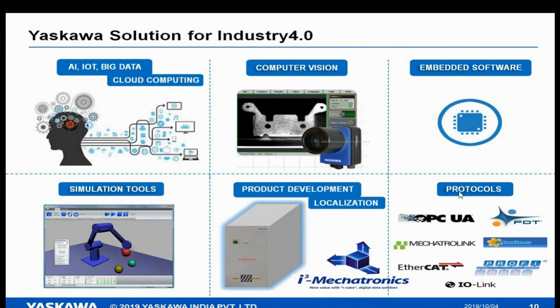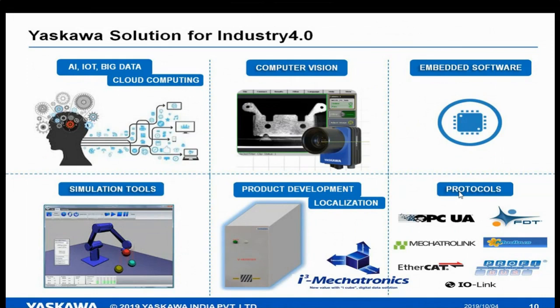And talking about Industry 4.0, how the robots link with Industry 4.0. Because the latest development everyone is talking about is Industry 4.0, IoT and all. Escava also developed their own protocol called iCube Mechatronic. You know, that word mechatronic was created by Escava. If you go to Google Wikipedia and search mechatronic, that word was created very long back.